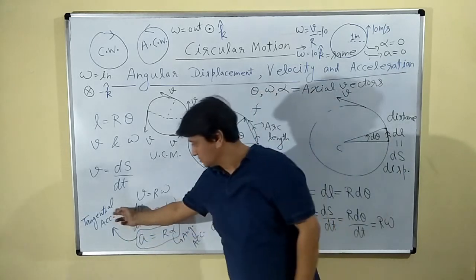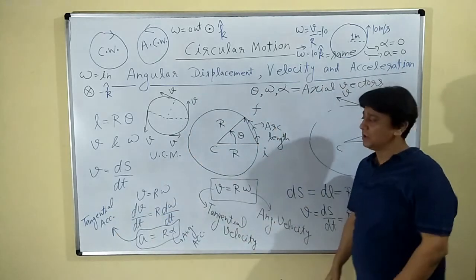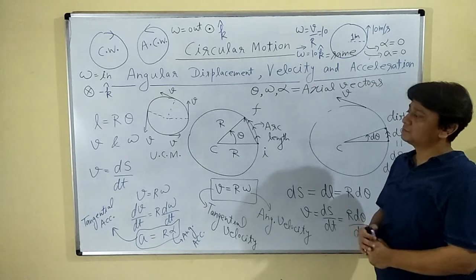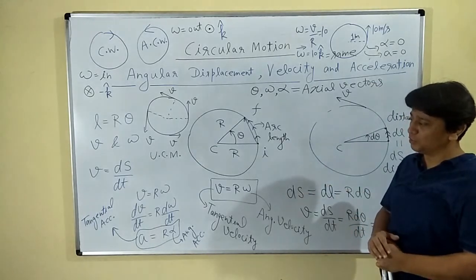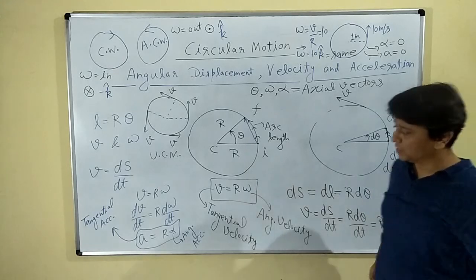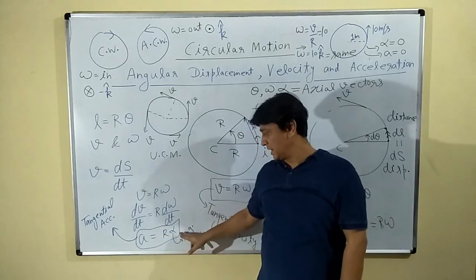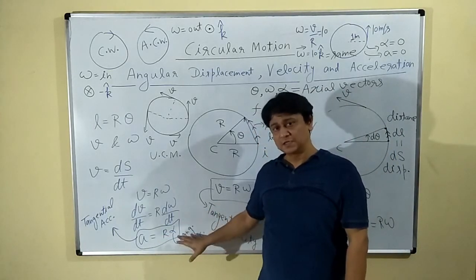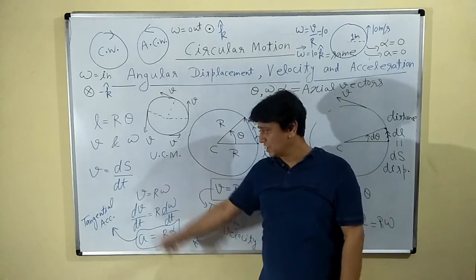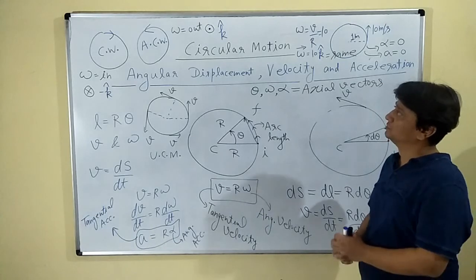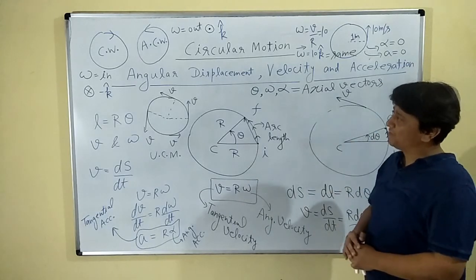Therefore, tangential acceleration. होपफुली समझ में आ गया होगा क्यों इसको हम टेंजेंशियल बोलते हैं, सेंट्रीपिटल नहीं बोलते हैं। A equals R alpha, इसमें जो हमारा A है वो टेंजेंशियल एक्सेलरेशन। नोट डाउन एवरीथिंग।